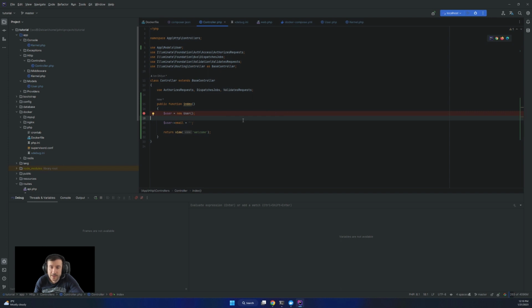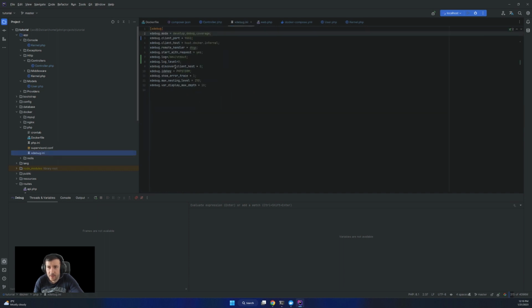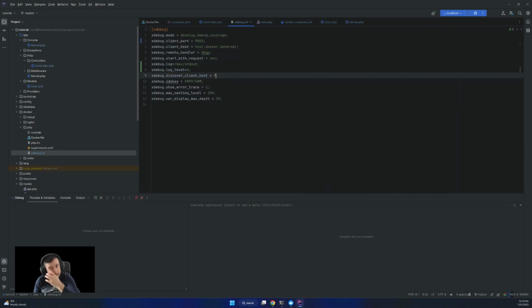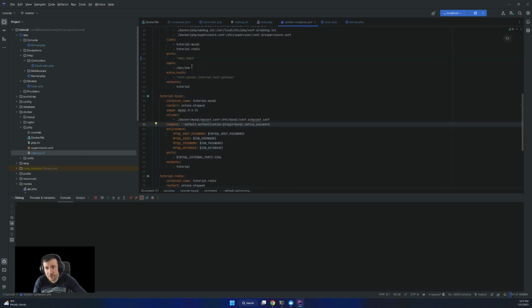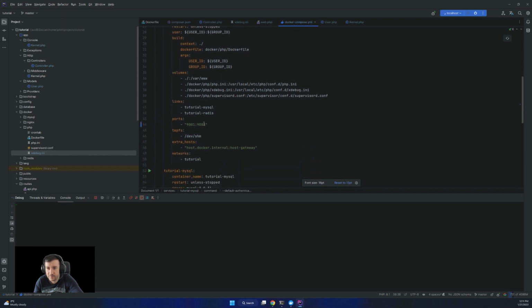Okay, after some intense debug session, I found the issue. So in the Xdebug ini, I added these two things, dev out and log level, and also changed the port from 9001 to 9003. So I changed all that, and then in the Docker Compose, obviously the internal port is 9003 now for this Docker.